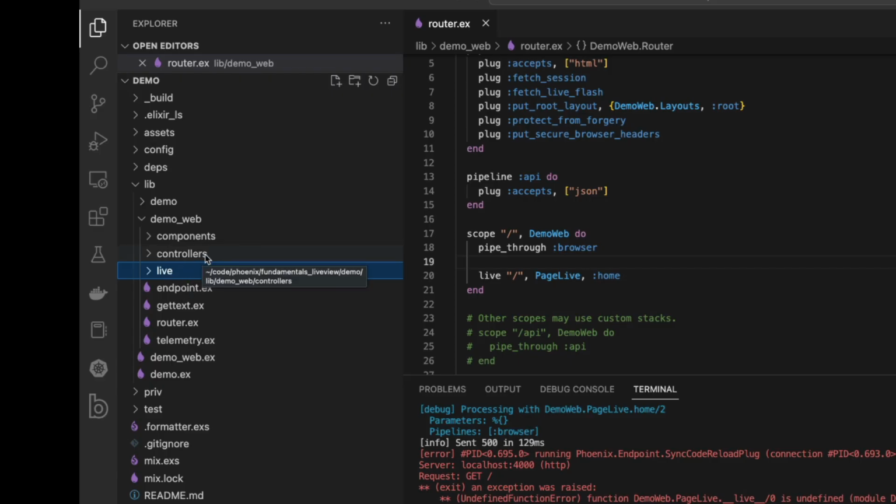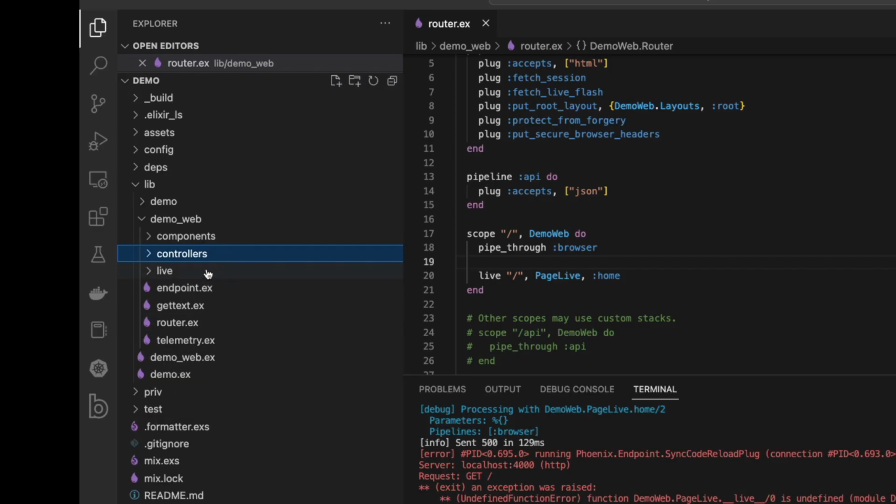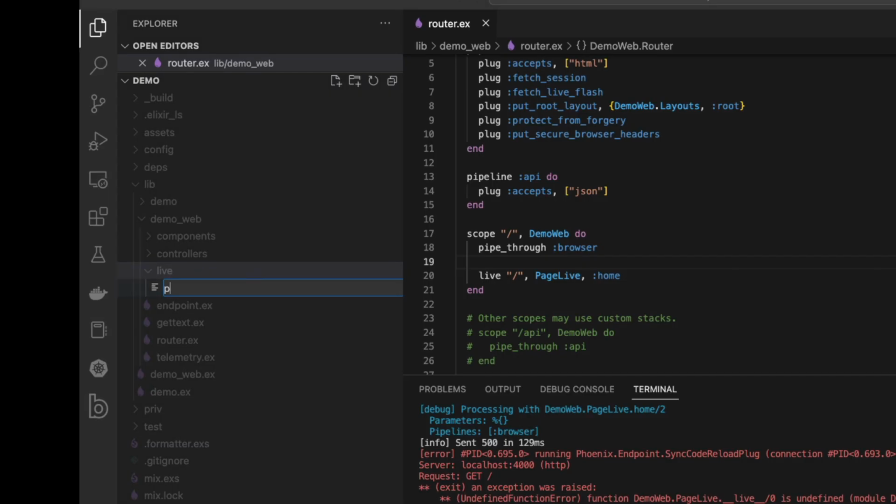And this is where we're going to put all of our live view pages. You have a section for controllers, which is where that get request was going to. It was going into here into the page controller, but we don't want that. We want a live view page, so inside of live we're going to create a new file. It's going to be called